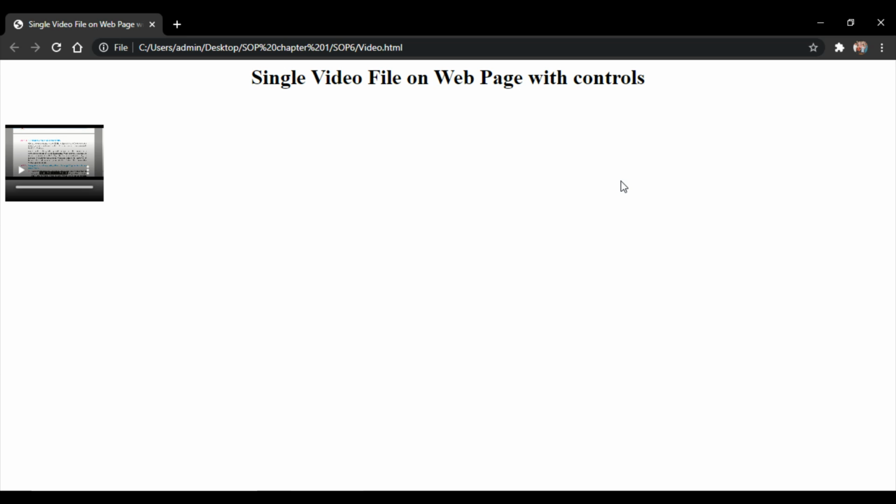So we are back at our web page output that we'll be receiving on our front end. So I'll just play this video to you guys. This is our video test 1 in .mp4 form. As you can see, this is our output we'll be receiving. It is aligned to the center. I'll just check how this looks. Video test 1 in .mp4 form.